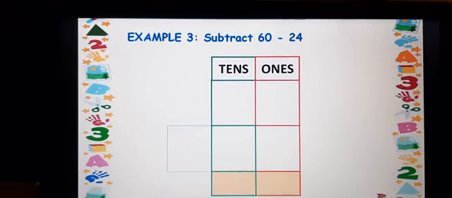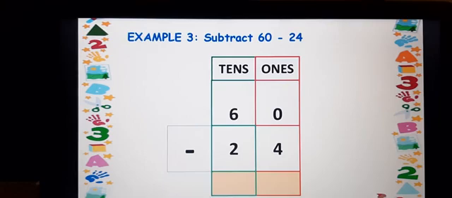Put the numbers into the box. We'll see the calculations. Have you put the numbers in the box in this way? Good. 60 minus 24. 0 minus 4 can you do? From 0, can you remove 4? No, you cannot remove the 4. So what you have to do? Same as the method is followed there, you have to borrow from the previous one. How many? 1 tens you'll borrow there.